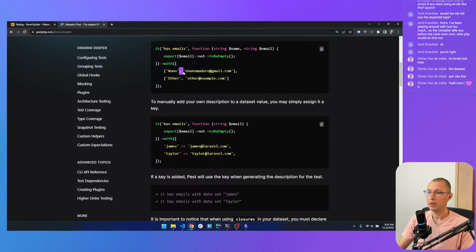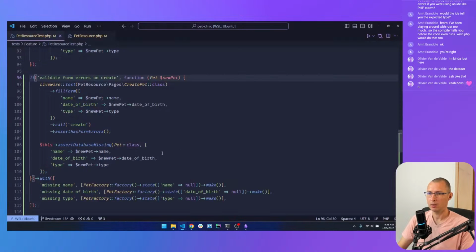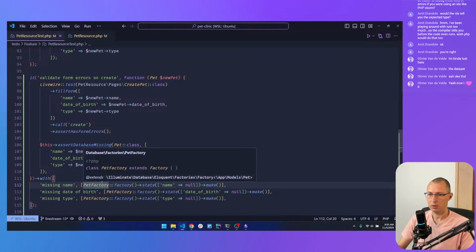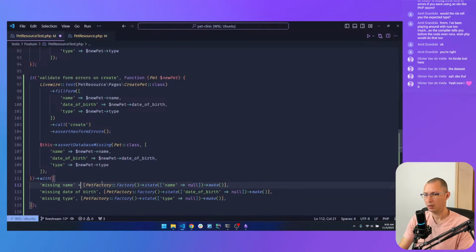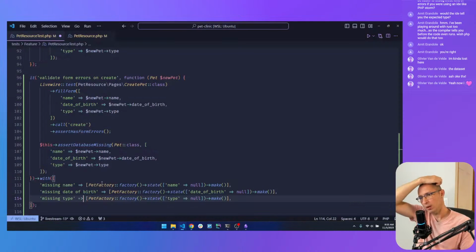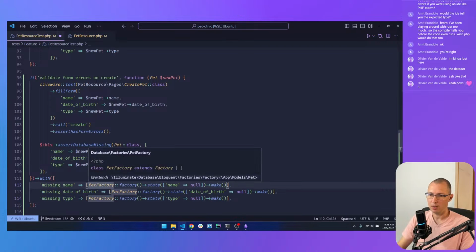Ah, this is the problem. I was using this nomenclature, and that's two parameters, and I should be using this instead. So it'll be here. Instead of a comma, I need to use key value pairs. I don't need to use this as an array, actually.